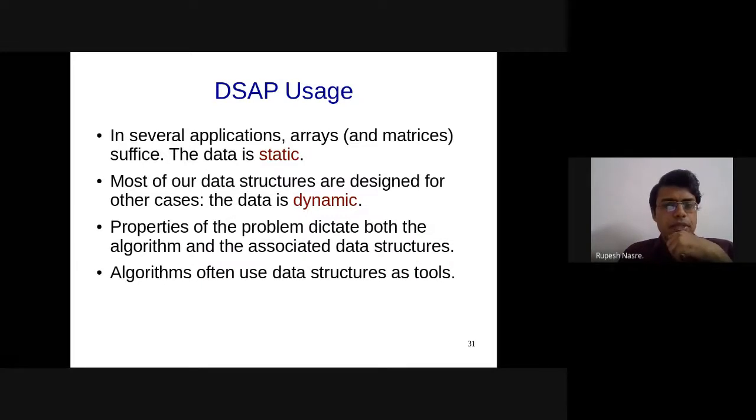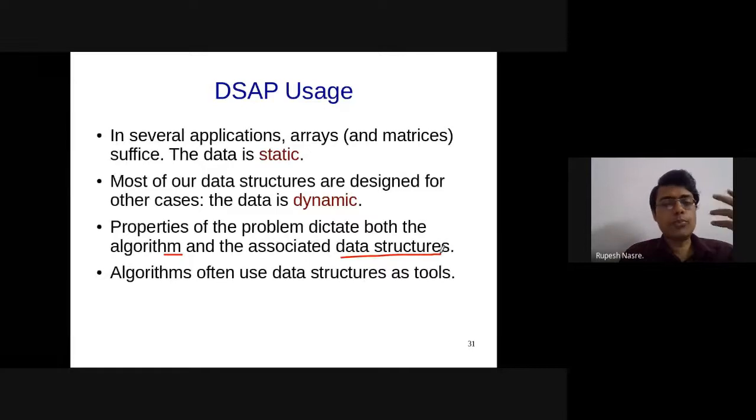And yeah, data structures, algorithms, and programs. So in several applications, what we have is arrays, right, and matrices. In many of the applications that you will do, if you are working with, let's say, scientific computing or even machine learning based codes, etc., most of the data is going to remain static. Whereas many of the data structures that we designed in this course, there the data was dynamic, and therefore we required link structures, and all this malloc, new, etc., came into the picture, where you were inserting and removing elements at arbitrary times.